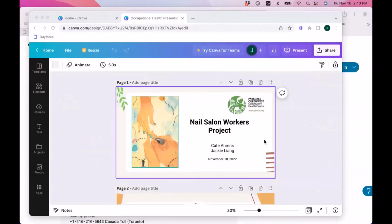We're now going to move on to a couple of important speakers from our community health workers through the Healthy Worker Nail Salon project, Jackie Liang and Cate Ahrens. Jackie is a community health worker and a nail technician. She has been working in the nail sector in Toronto for the last 12 years and has been involved in community work for 9. She immigrated to Canada in 2007 from an industrial area in the province of Yin in